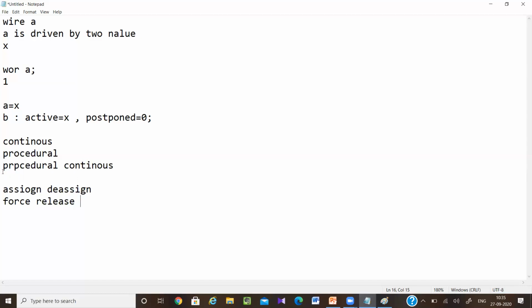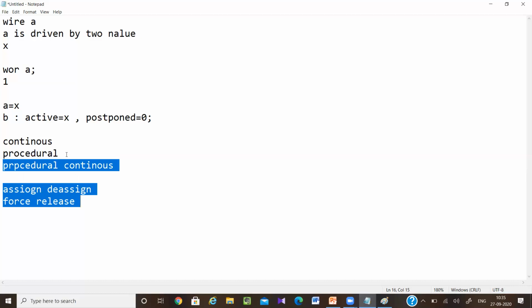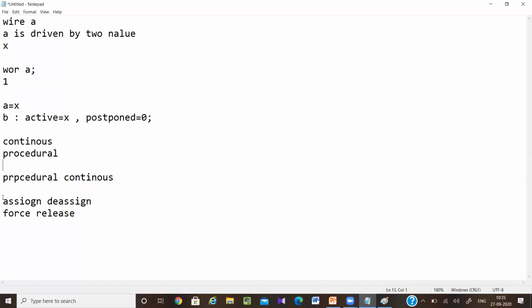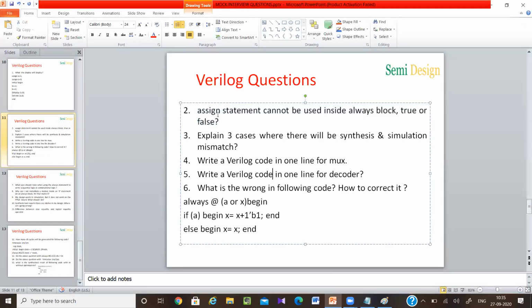This procedural continuous assignment is not synthesizable. Just go through these things again. Don't forget how assign, deassign works, how force and release work. If someone asks me this kind of thing, yes, it can be used, but it is not synthesizable.